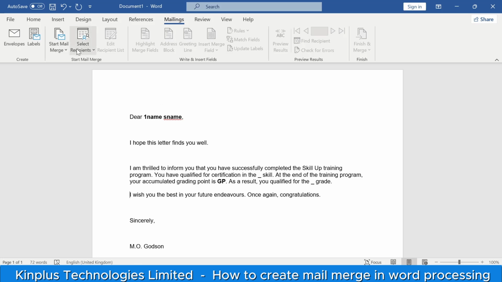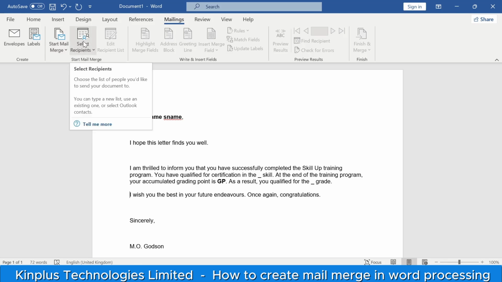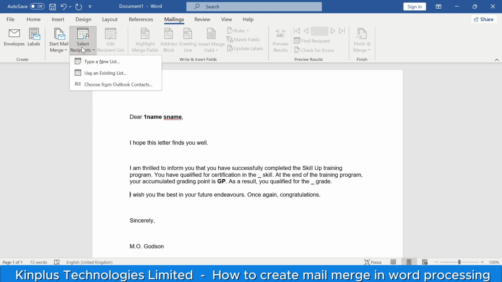So after selecting the mail merge type, which is letter, that I want to create, I'm going to come to Select Recipients, and in selecting recipients, I can type a new list. This is in the case that you don't have an existing list of your recipients' details and you want to type it afresh. But if you already have an existing document, which I already do,